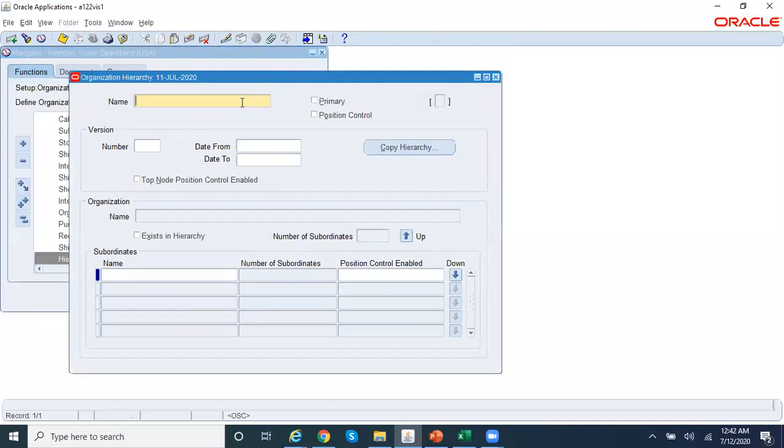So maybe I'll just say the hierarchy name as test inventory, or I'll just give test inventory org hierarchy. Just copy this name.